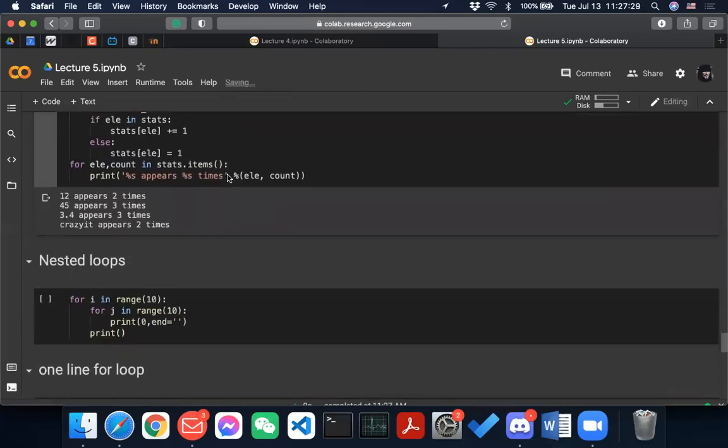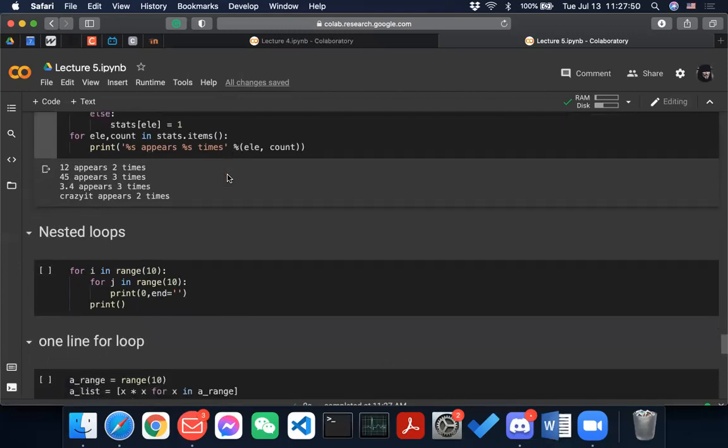Okay, so that is basically how it iterates through a list, checks if there are duplicates, and counts how many times each element appears. Okay, so nested loops. We already have this idea, and in terms of nested loops, it's just loops in a loop. So what will happen is that, for example, when i is equal to 0,